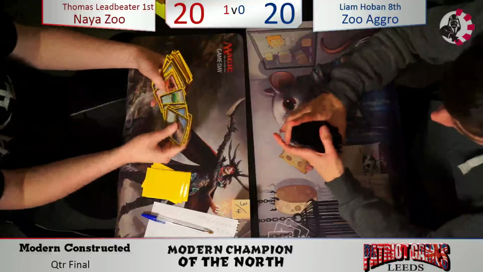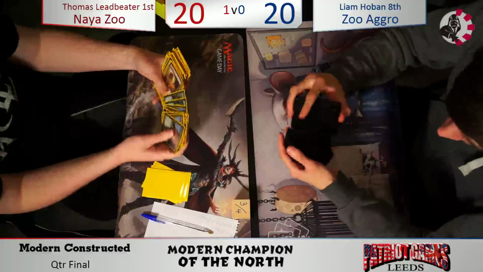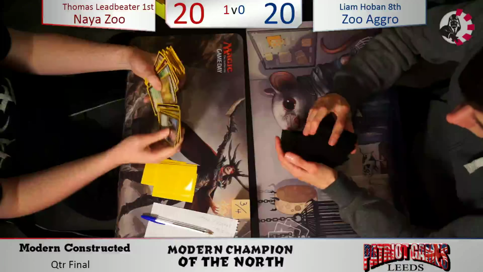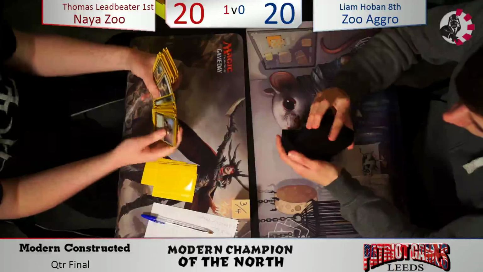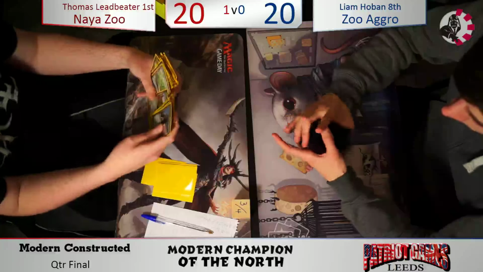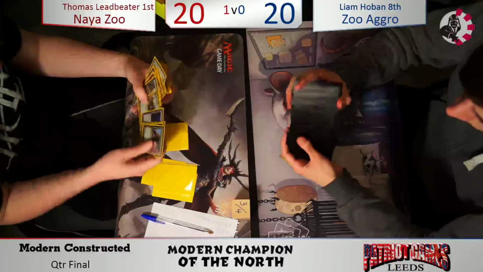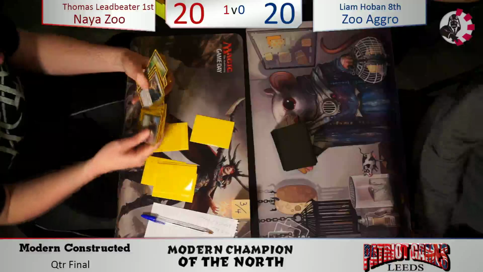So I think that's a great option on the play there. And of course with him being on the play, as you were saying, the extra 4 points of damage he could have done in that game, being on the play matters hugely here. Leadbeater, it doesn't look like he's got a huge amount of... I mean, there's 2 Spellskites there, but they don't necessarily... They won't block...